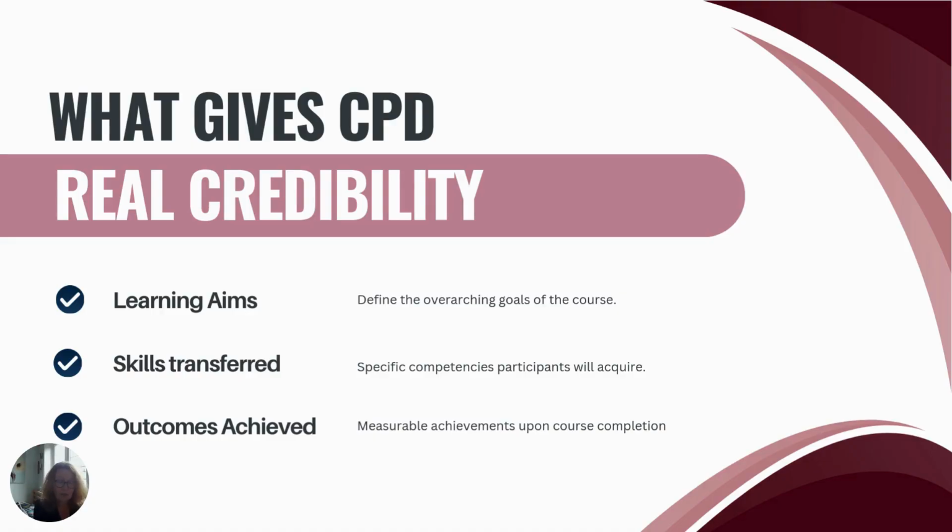They have the right skills, they understand whatever they need to understand, maybe consenting or safety measures or whatever it is. They need to be ready to work independently, and you just need to say what those outcomes are that the trainee will be able to reach at the end of the course. And this is all you need. You don't necessarily need to do other things, there are other ways of doing it, and the more evidence you can provide for this, the easier it is to verify and